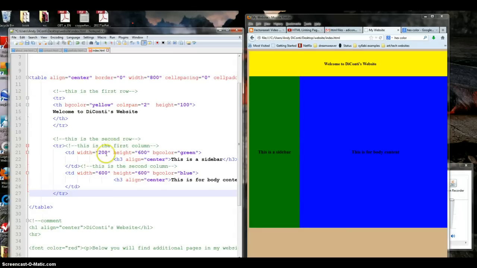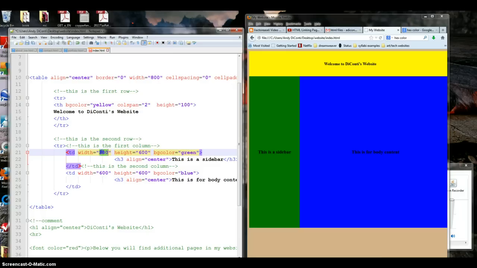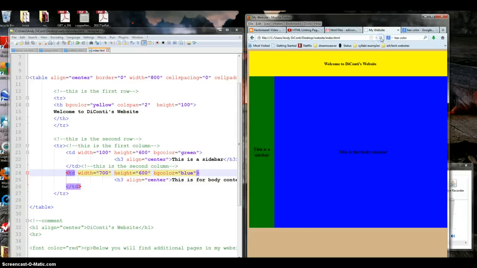And then the width is 200 for the green, 600 for the blue. And all that does is it adds up to 800, 200, and 600. I could very easily change that if I don't like the look, and that's certainly your choice. You can make this 100, and then just add it up, and that's 700. I'll save that, and you'll see the difference here. But I think that's a little bit, a little too squished. So I thought 200 was a good